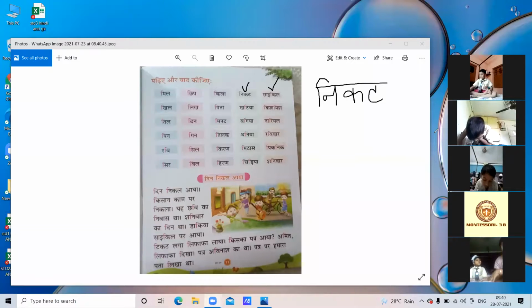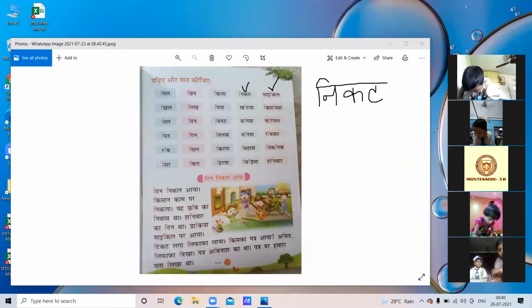Yes, Afan, right. Salkeen, are you writing, Salkeen? Yes, ma'am. Very good, Salkeen. Very good. Write it. After writing, completing, you show me. Yes, Afan, right. Soripta. Cycle. Yes, are you writing? Cycle.